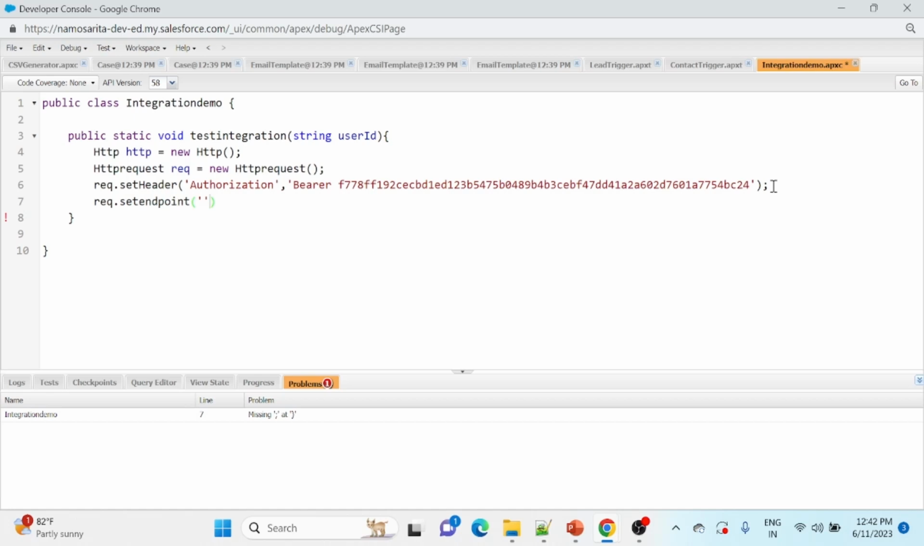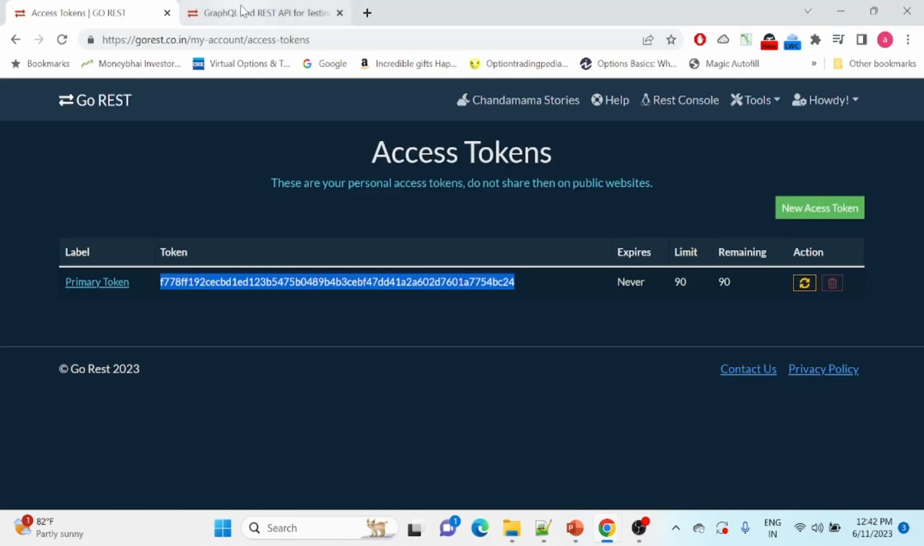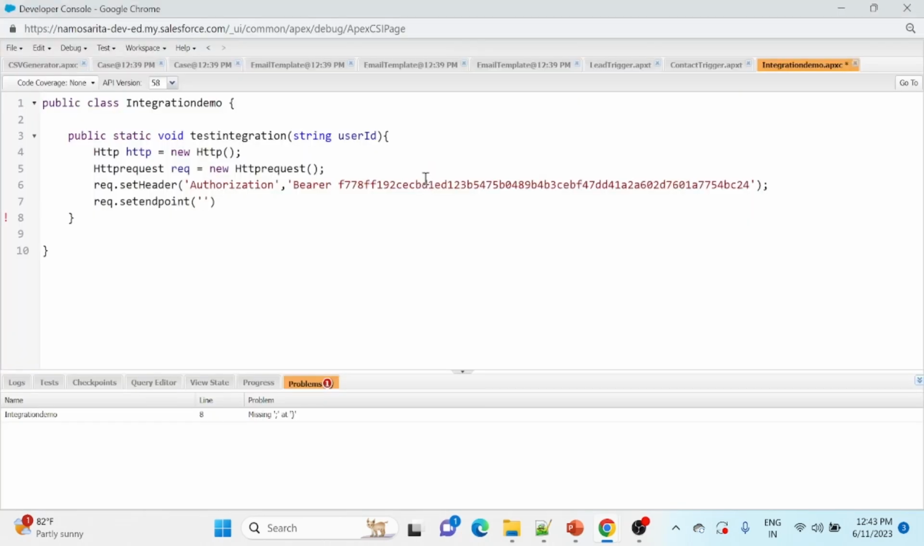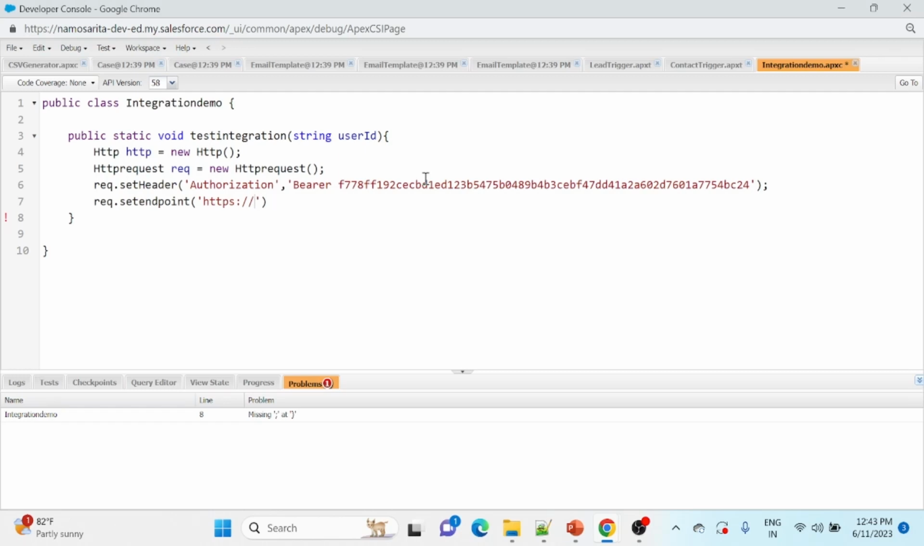So you have put in the authorization, but you also need to put in the endpoint, right? Which address you are going to hit, or which server you are going to hit to get the data. So that's where we will be using the endpoint here. Okay, and for the endpoint, our complete endpoint will become https followed by gorest.co.in